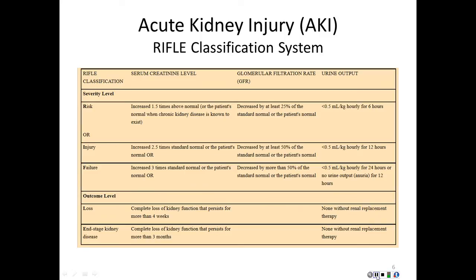If we get a patient that is in the L or E levels, these patients are very serious. They're going to require renal replacement therapy, hemodialysis, or some of the other types of continuous renal replacement therapies for a period of time. Hopefully, again, we can reverse these patients. If they get down into E stage, end stage kidney disease, we may not save the renal function. These patients may end up going into or are in end stage renal disease and may have to be on dialysis for the rest of their lives.